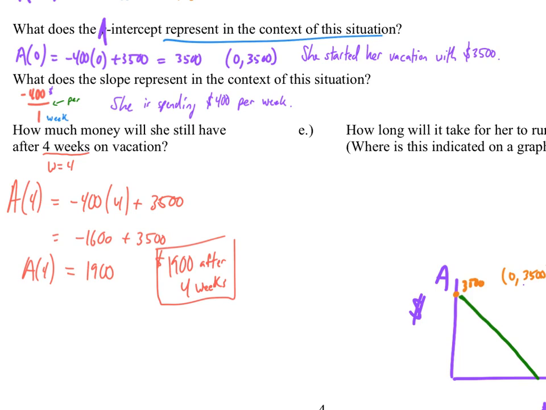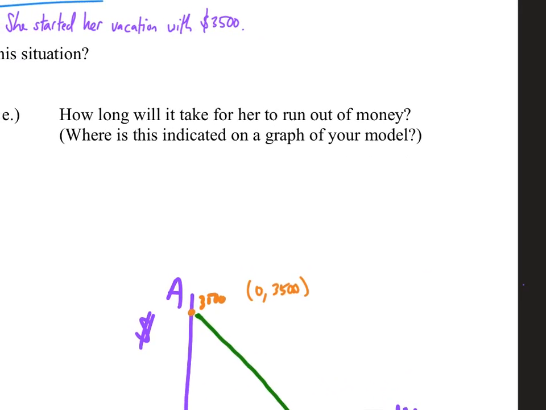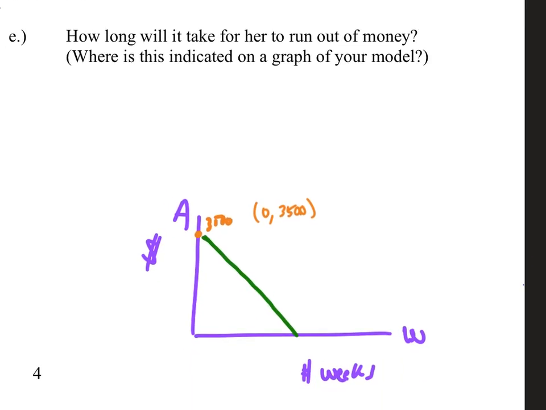And then last question here, how long will it take for her to run out of money? So where is that indicated in the graph? Think about that here. So where does she have 0 money? Right here, right? And so normally we think of that point as being our x-intercept. In this case, that would be our w-intercept,